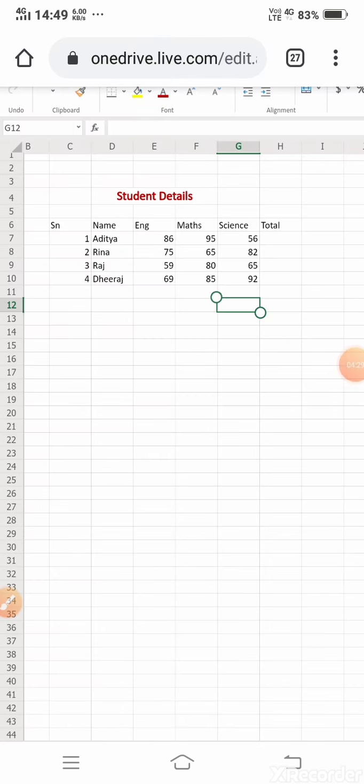These are the details I have entered: serial number, name, English, maths, science and total. There are 4 records, and I have entered their names and subjects.